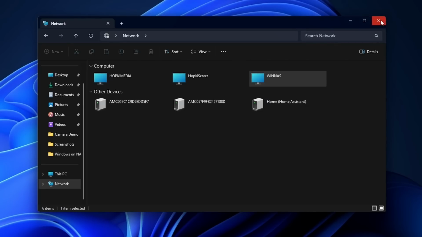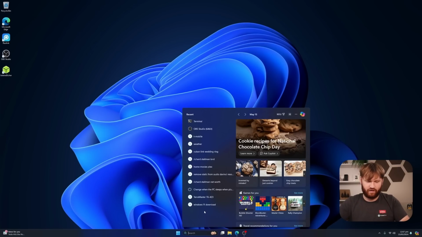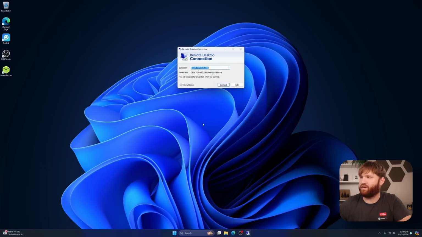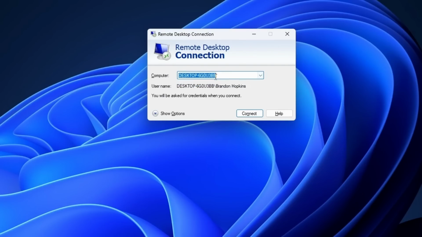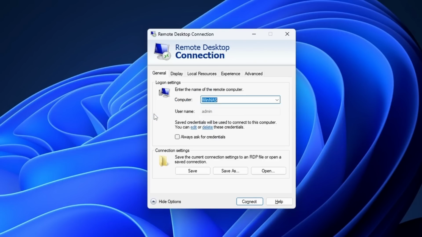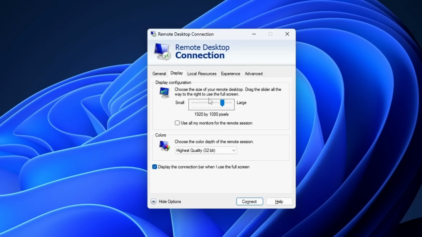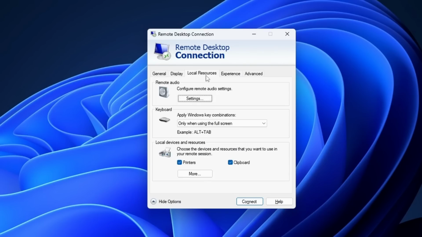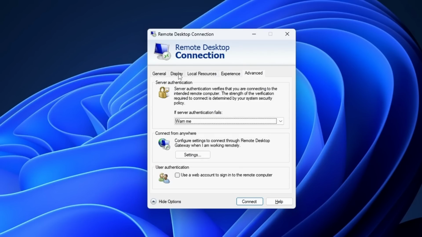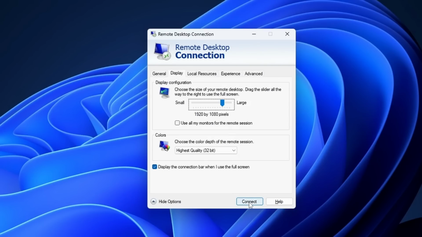Now, one way to connect to it is by right-clicking right on the device and connecting with remote desktop connection. I'm going to change the settings just a bit. So if we go over here, and I'll get this keyboard out of the way now. Remote desktop connection, the actual application. This was the last computer I connected to, and now we should just be able to go WinNAS, just like that. You can see the username automatically filled in as admin. I'm going to show some more options. Head over to display, and it's already at 1080p, which is what I was going to want to do anyways. So you can go ahead and mess with some settings here if you would like to. But I'm just going to go ahead and hit connect.